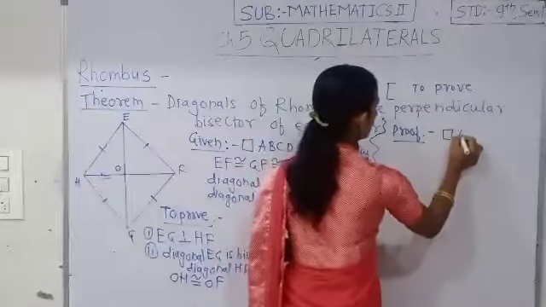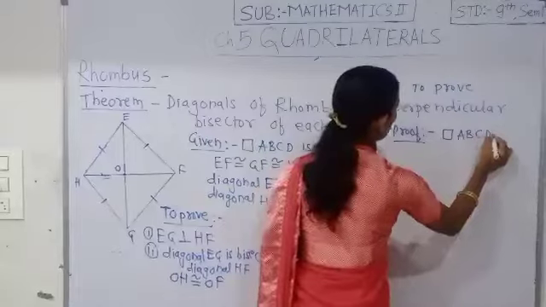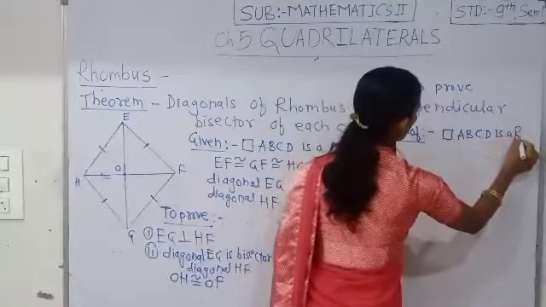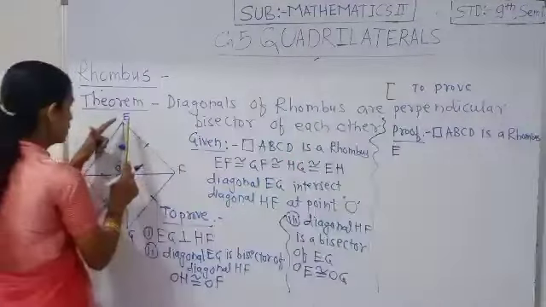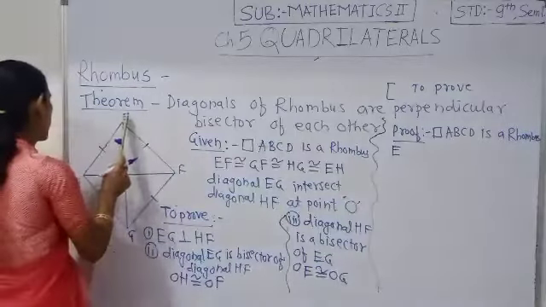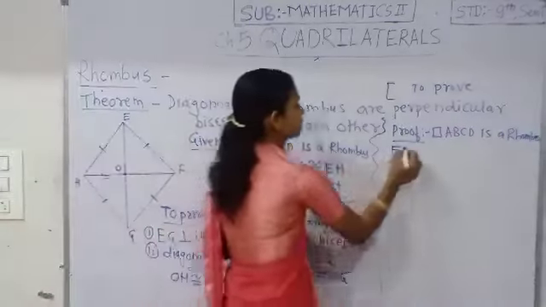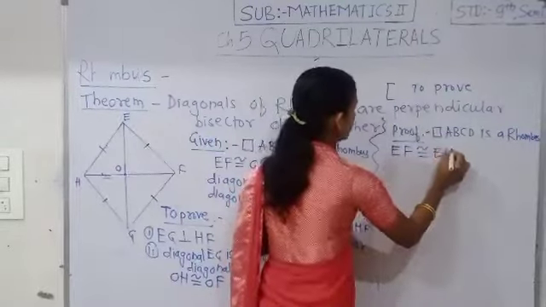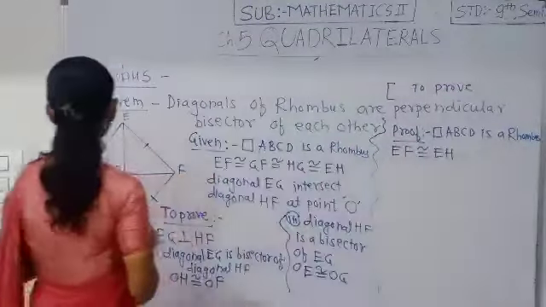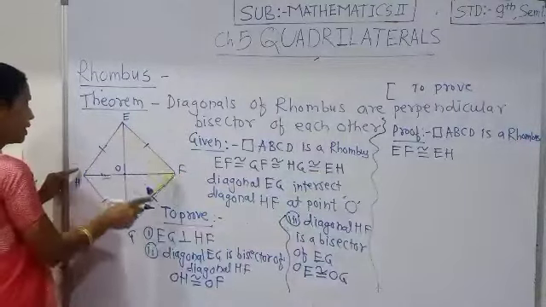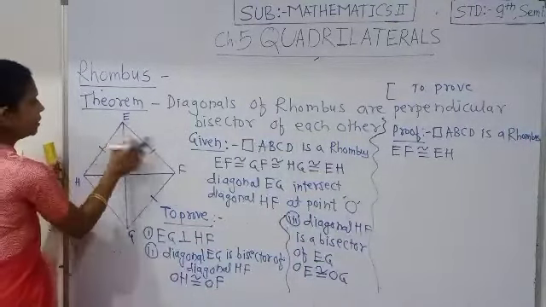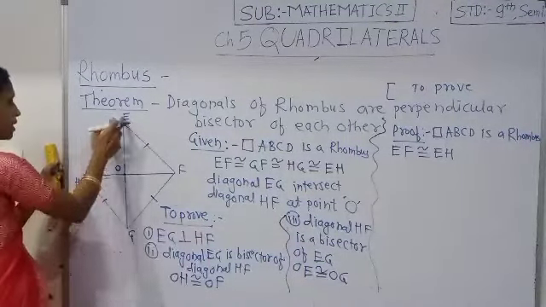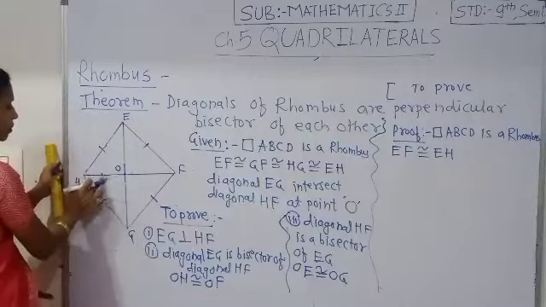See here, quadrilateral ABCD is a rhombus. Here EF congruent EH. Then see here, as EF and EH are congruent, then we have